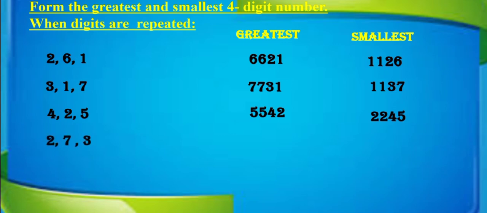Now the next example, 273. So how to form the greatest number? Descending order only. So 732. Which digit will you repeat once again? 7 is the biggest digit. So you have to repeat 7. So 7732. And the smallest number will be, which digit do you have to repeat here? 2. So 2237. The last example, 958, the 3 digits. So what will be the greatest number?